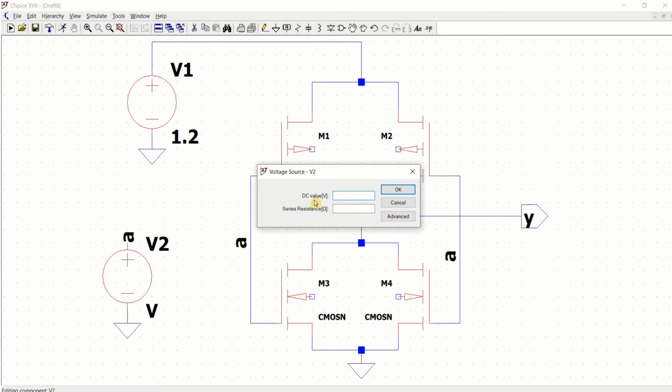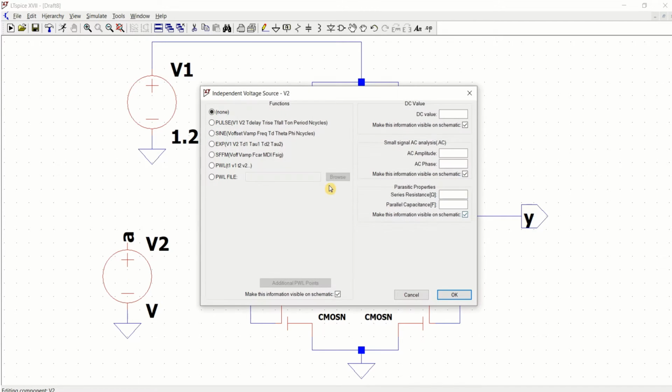Now apply the pulse here to check the functionality of the inverter with an initial value of 0, maximum value of 1.2, delay of 0, and 500 picoseconds as rise time and fall time, 10 nanoseconds of on time and 20 nanoseconds as the period time.